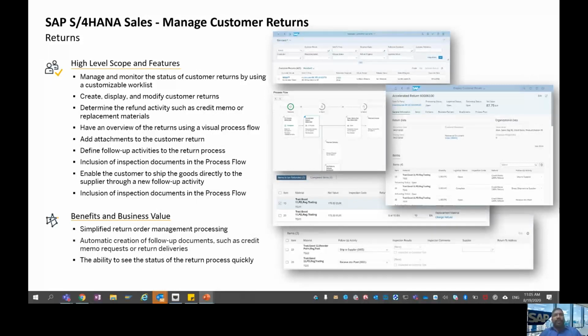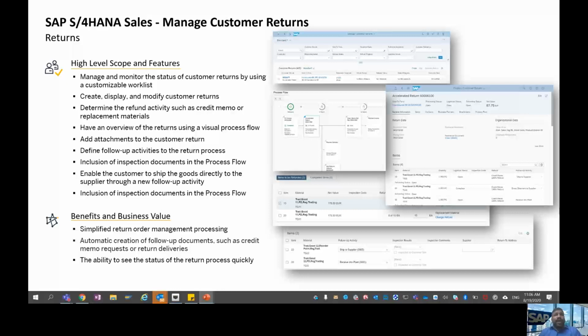Now, a little more detail on the manage customer return app. You must already know that it can monitor the status of customer returns using the customized work list. You can create, display and modify customer returns, and also determine the refund activity such as credit memos or replacement material. It is depicted in a visual process, so you will get a visual process flow of the customer return process.